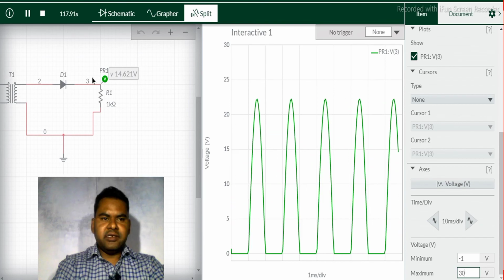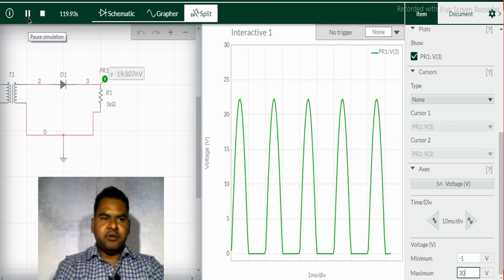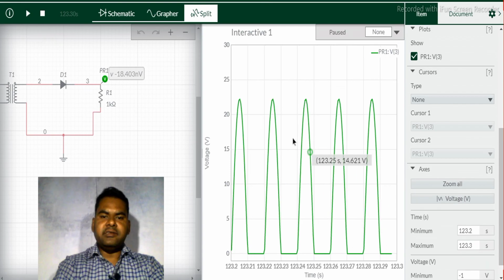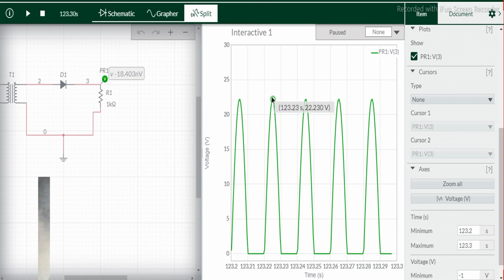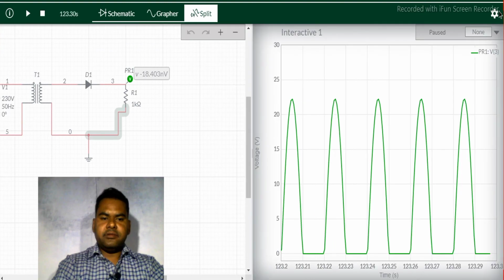And if you want to check the output value of this circuit, you simply pause the circuit and move a cursor to the peak value of this output signal. Then the circuit shows 22.230 volt. The approximate maximum value of this circuit is about 22 volt.